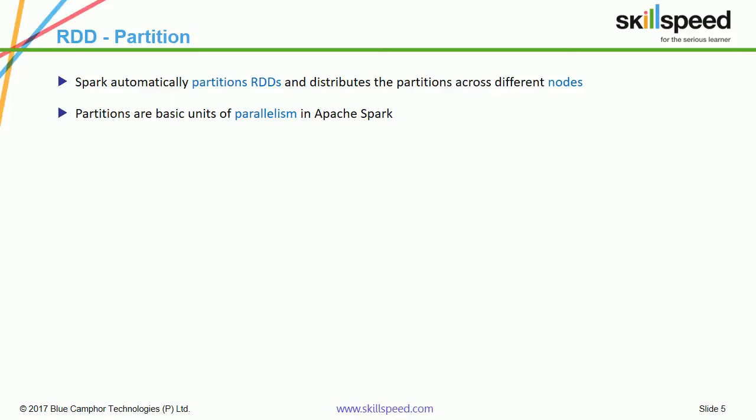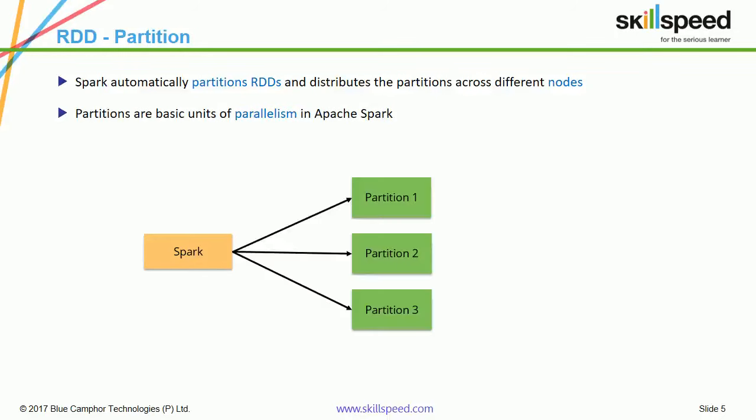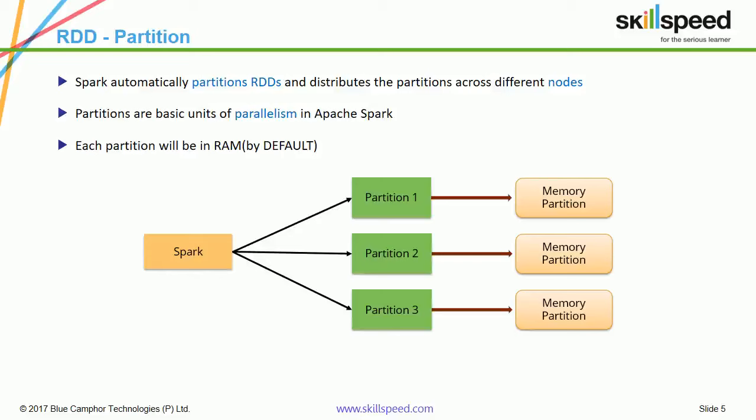Now, depending on how you launch Spark and in what cluster you are launching Spark, there are different numbers of partitions available. A typical rule of thumb is that the number of partitions is equal to the number of processor cores that you have in the cluster. Here you can see that I have Spark and I'm loading some data, and it is getting divided into 3 partitions. Always understand that each partition will be in a machine and it will try to keep it in the main memory.